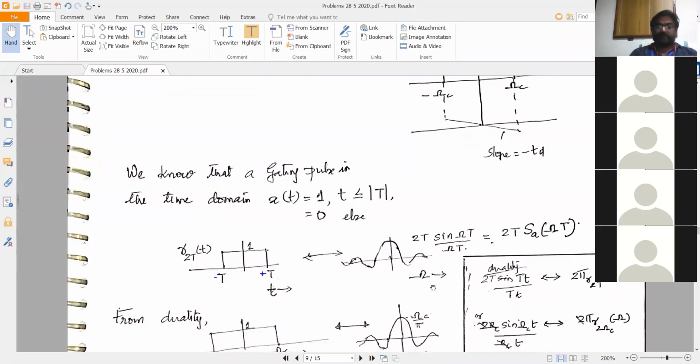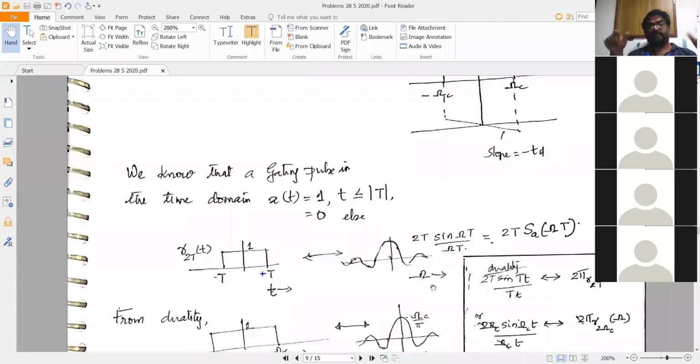you had seen. You had also seen that the sinc function has a very similar expression called the sampling function. The only difference between the sampling function and the sinc function is that the sampling function, Sa of x, you write as equal to sine x by x. Whereas the sinc function, sinc of x, you write as sine pi x by pi x. So that's the only difference between these two functions.